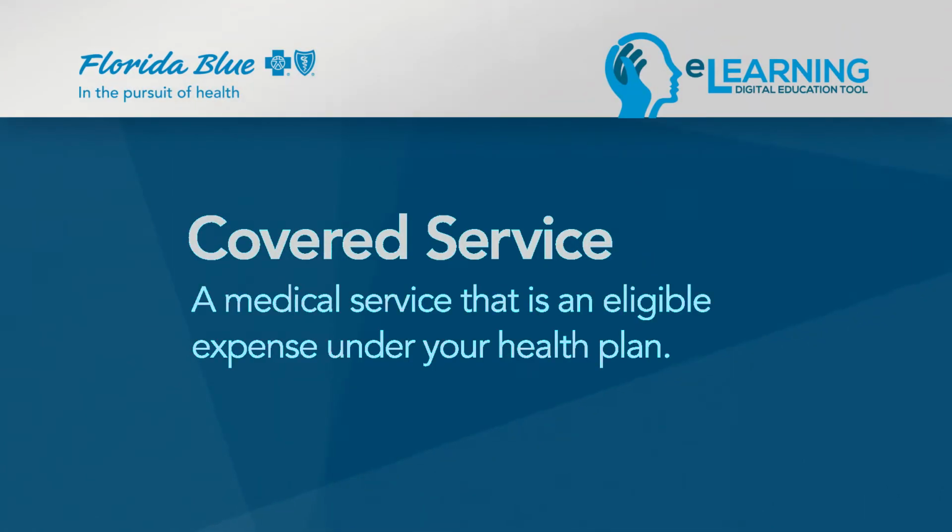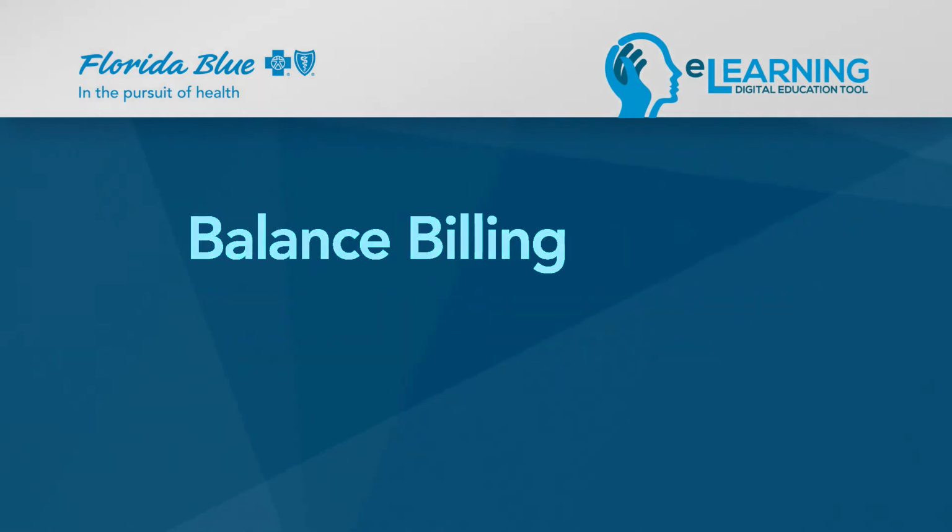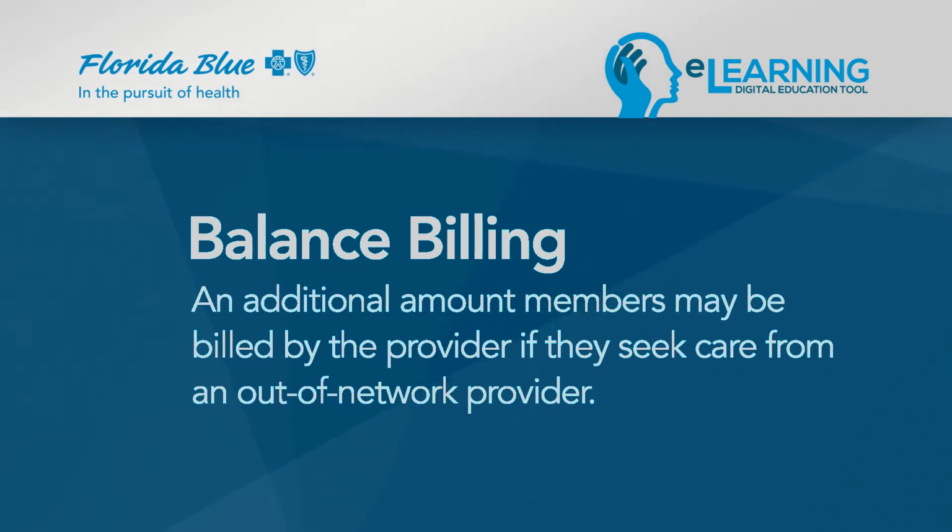The last few terms we need to cover are covered services, allowed amount, and balance billing. A covered service is a medical service that is an eligible expense under your health plan. The allowed amount is the maximum amount an in-network provider is allowed to charge for that service. Balance billing is an additional amount members may be billed by the provider if they seek care from an out-of-network provider. This is why we always recommend using in-network providers, so you will never pay more than the negotiated discounted